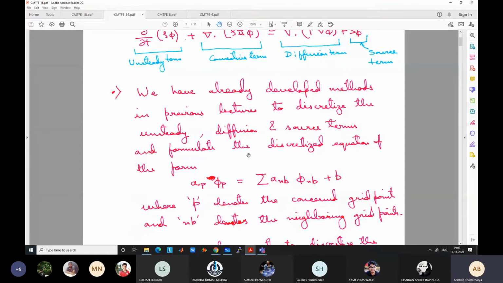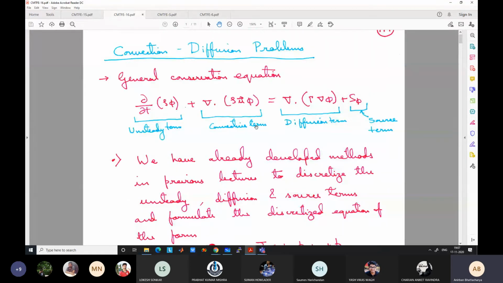So what we will do is start with a simple example of a convective diffusive governing equation, and at first just remove the source term and the unsteady term, because there is nothing new that needs to be learned for the unsteady and source term. Whatever treatment we have given for the unsteady and source term still holds true even when the convective term is present. Even when we have the convective term, we can still formulate the unsteady term and source term as we have formulated previously.